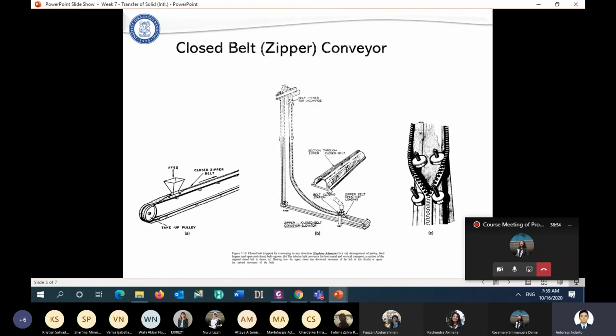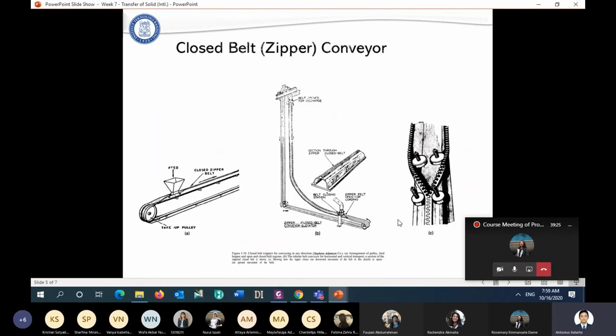The reason why we have to lock this one is that if it is unlocked, the solid particles can go away from this cage. So we have to lock it with a zipper system. If you have the zipper system, your solid particles will remain inside this cage, inside this cylinder, from one point to the other point.